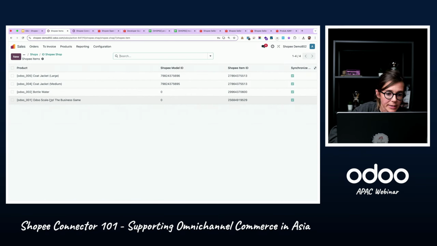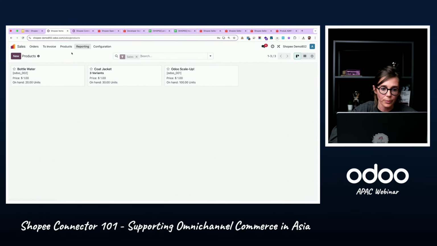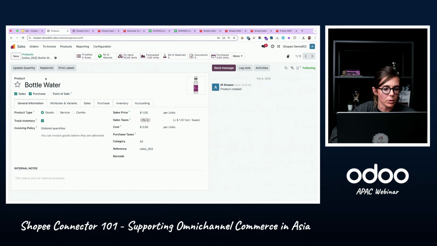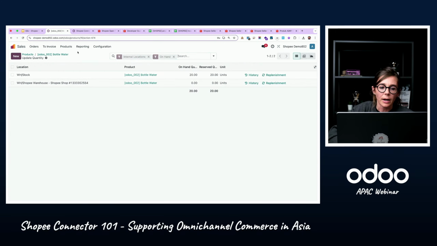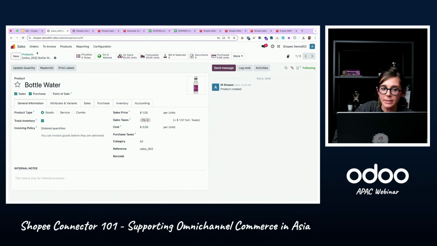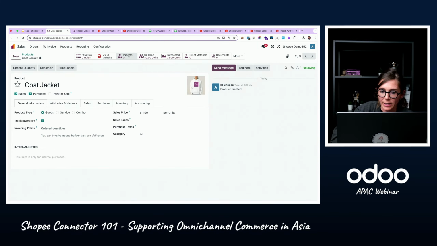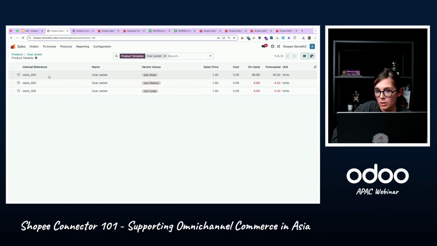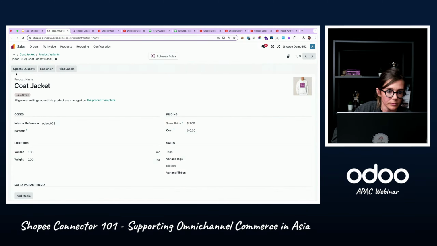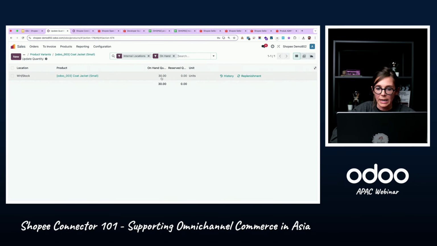So let's put some stock in Odoo, and check the unit, maybe the bottle of water. I see I have 20 units. Let's put 50, and let's also put one of the jackets, this one, the small size,